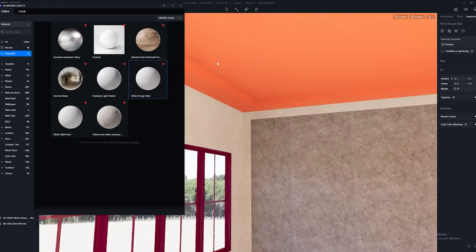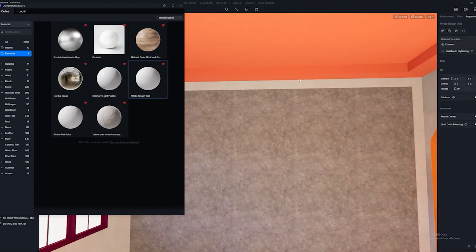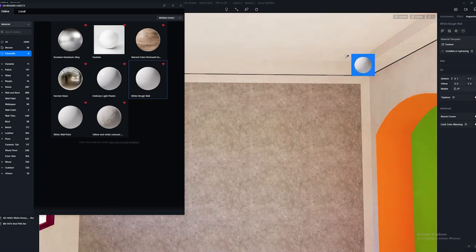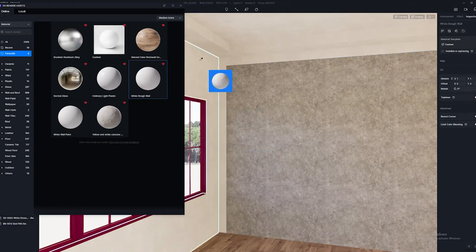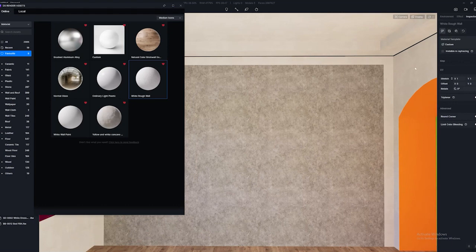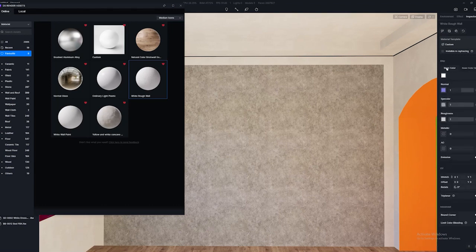I'm also going to apply this to the roof, but I'm actually going to go ahead and change the color. So let's use the eyedropper tool, which is I on the keyboard, to sample. I'm going to go to the top right up here where it says O and duplicate. I'm going to click on that and apply it to the ceiling. Now, the problem with doing that is it looks pretty much identical to the wall materials. I'm going to go ahead and again use my eyedropper sample, and let's go to the map options here. We'll open that up, and you can see again, here's where we could load up if we wanted our own